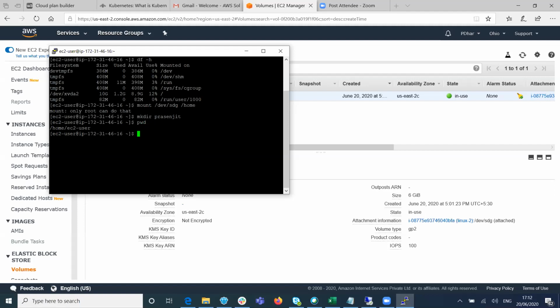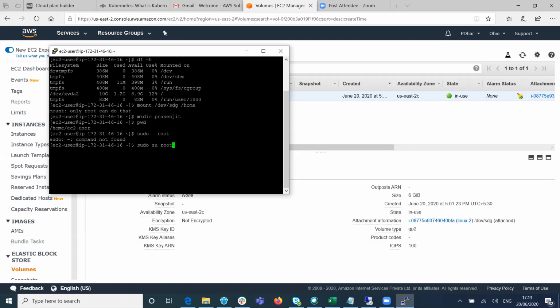Say mount. You are not root, I think. You'll have to say sudo su. Or sudo with hyphen.